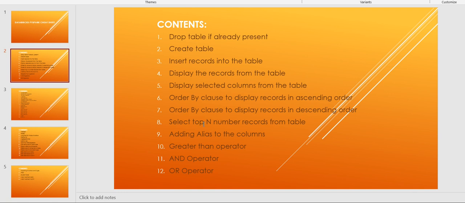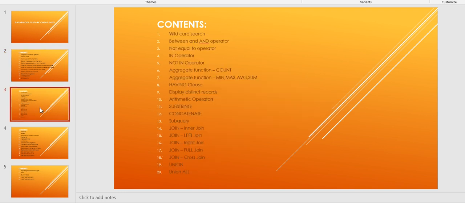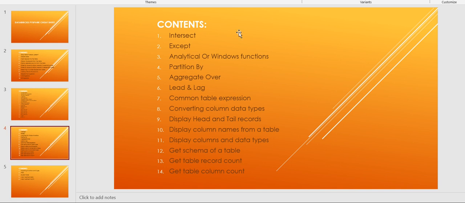from the table, adding alias name to the field, greater than and operator, or operator, and wildcard search, between and operator, not equal to operator, in operator, not in operator, aggregate functions like count, minimum, maximum, average, and sum, having clause, display distinct records, arithmetic operators, substring, concatenate, subquery, join, inner join, left join, right join, full join, cross join, and union, union all, and intersect, except, analytical or window functions, partition by, aggregate over, lead